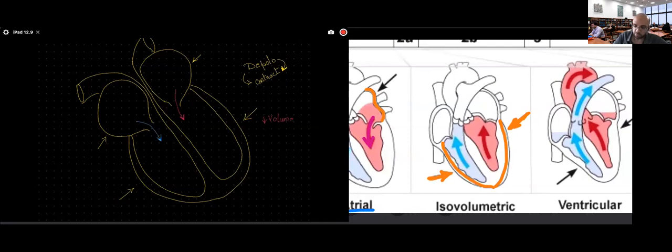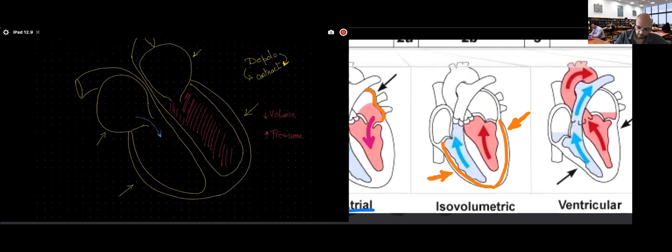And as I reduce the volume, what's going to happen to the pressure of the blood located inside the chamber? Exactly, the pressure will increase. If you remember, as I increase the pressure,